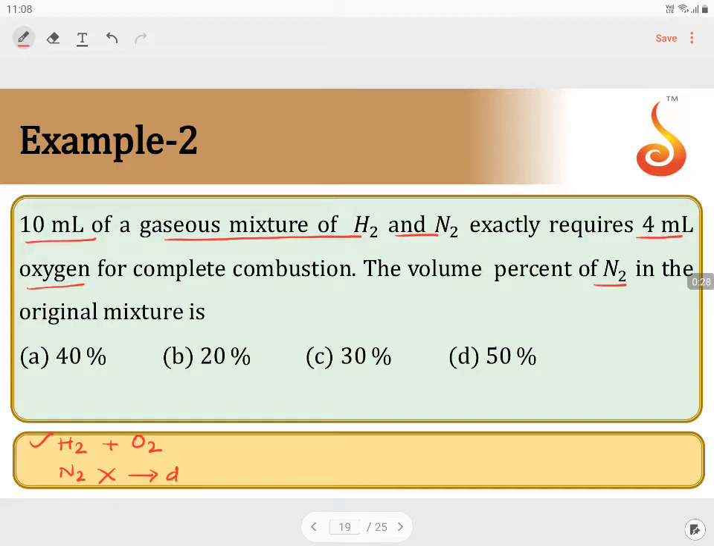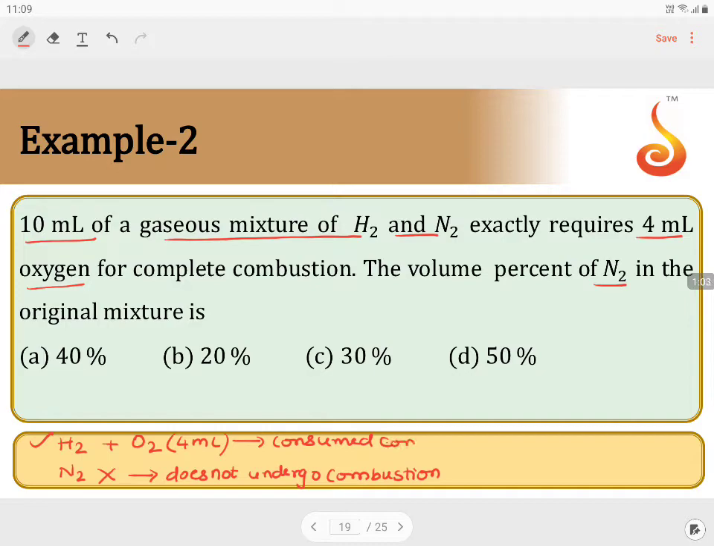So the first clarity: nitrogen remains unreactive, does not undergo combustion. So the only gas that undergoes combustion with oxygen in the air is hydrogen. So hydrogen is undergoing complete combustion, where 4 ml of oxygen is completely utilized,